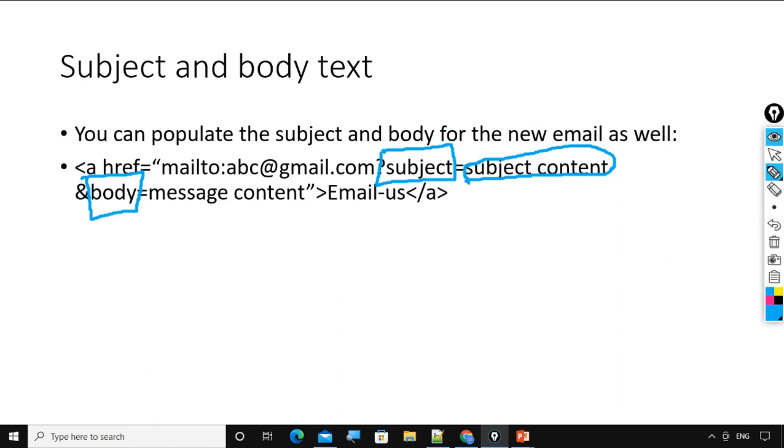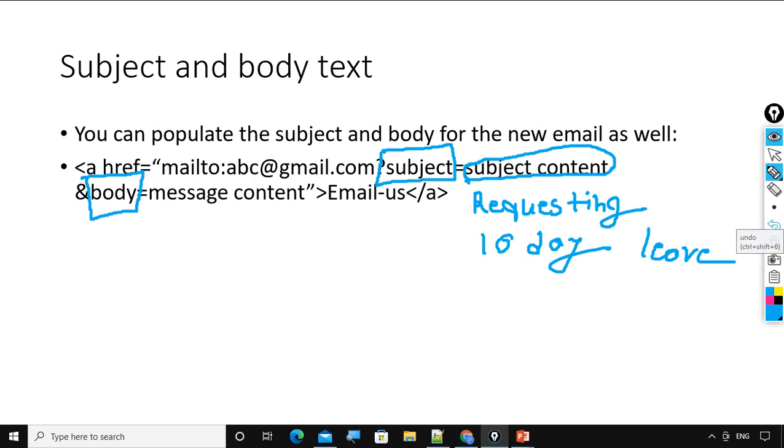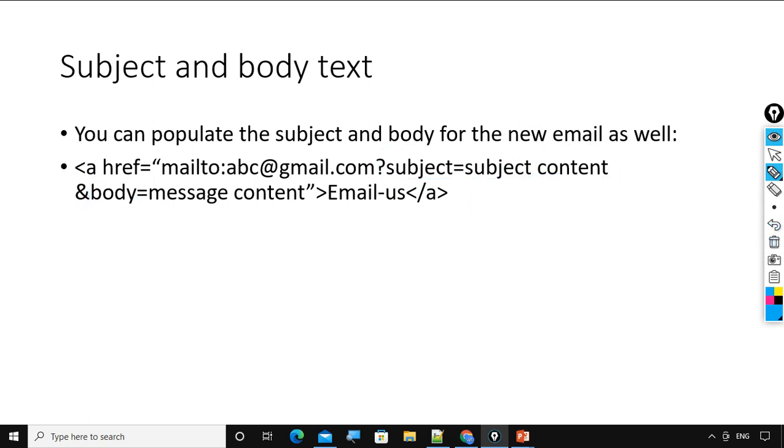I can write subject, requesting 10 days leave, or I can write subject as leave related. Or what subject can I write? I can write subject resignation.